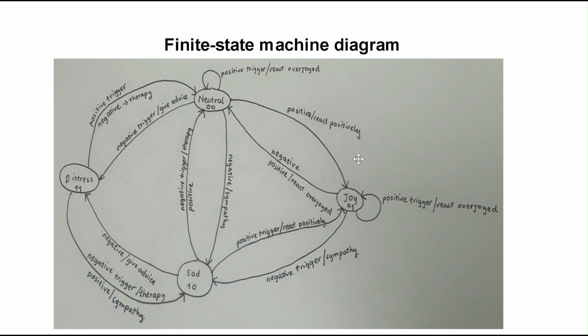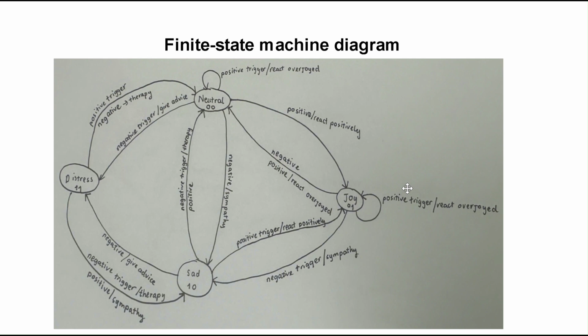And if the human mood is 1, it will react positively and move to the state which is equal to 1, which is joy. So now we are in the joy state. And for example, if the user receives extremely happy news, the program will categorize it as the positive trigger. Because the human mood now is 1, plus the positive trigger, which is 2, the total score of human mood now is equal to 3.